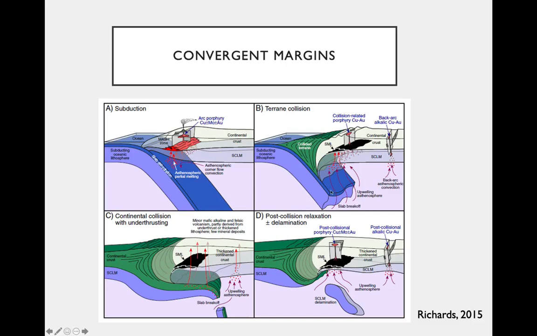In alternative circumstances, we might collide or accrete a terrane. So this could be an island arc, or it could be a seamount or something like this, and this clogs up the accretionary or fore-arc region of the system, and this might change the nature of the slab. It might break off, or we might get a reduction in the fluid flow and melting dynamics here, and we could actually